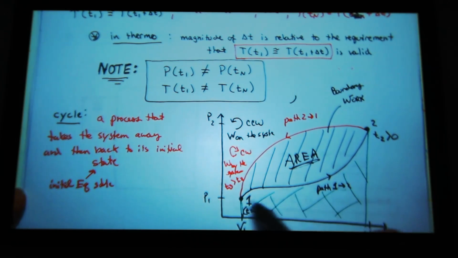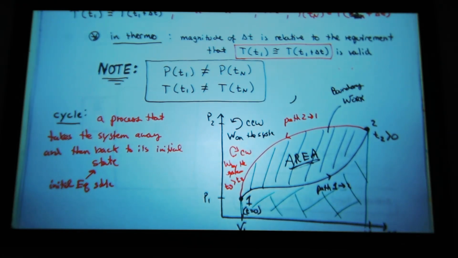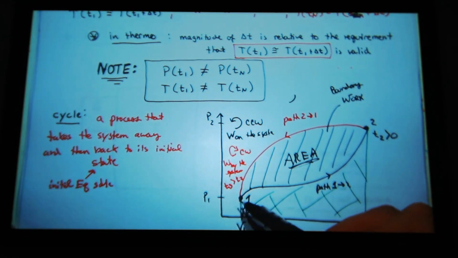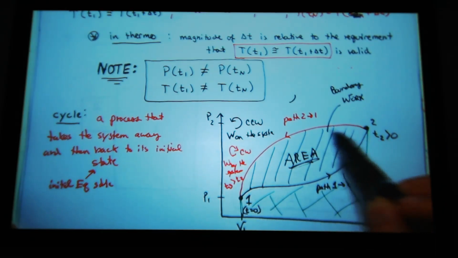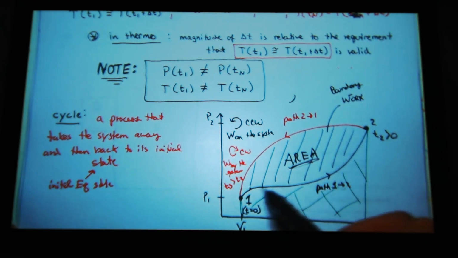Or if I take this cycle and now I want to reverse the cycle, instead of going this way, I follow the opposite path back. So if I went this way and came back, and then I decided, hey, let's reverse the cycle, and then I went back,